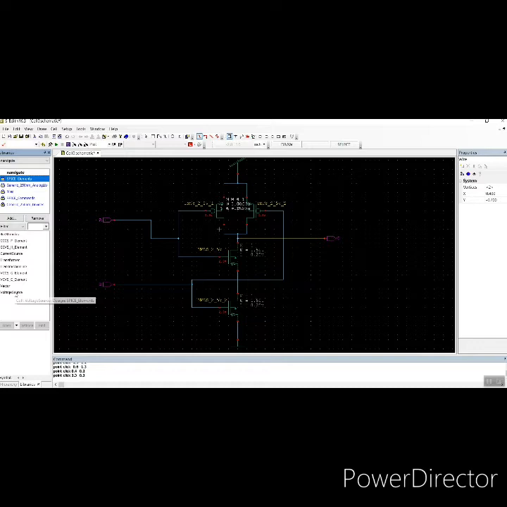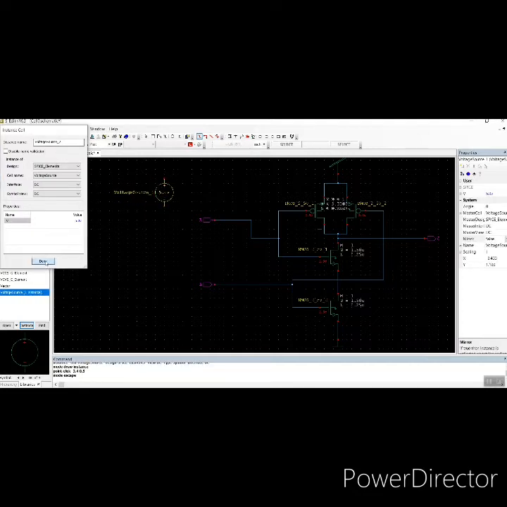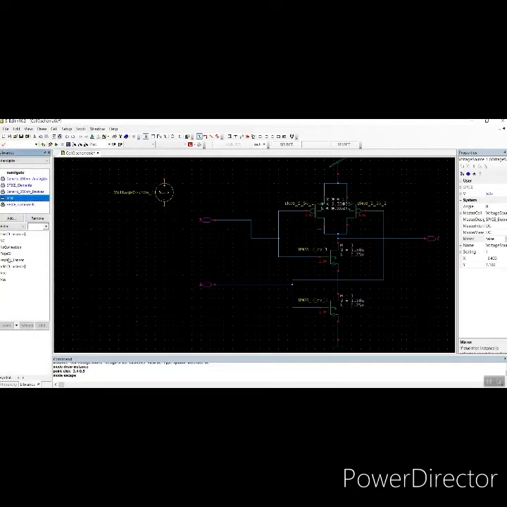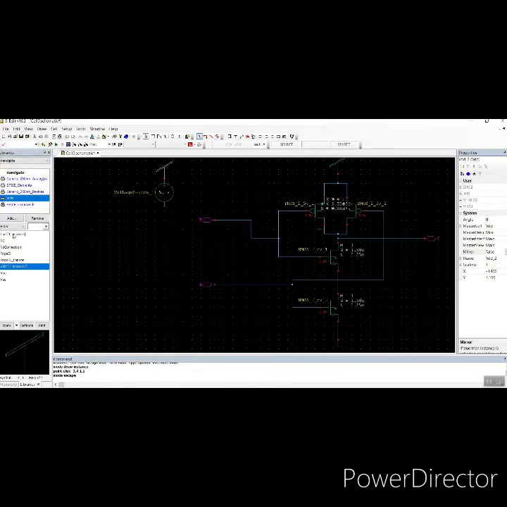Supply voltage is under SPICE elements, voltage source. So place the voltage here, and for this voltage also we need to give VDD and ground.